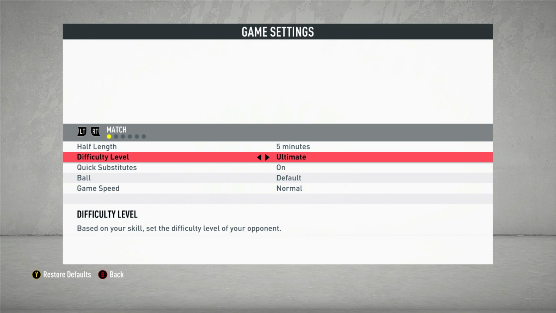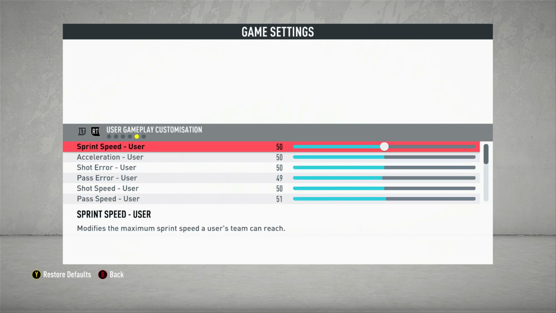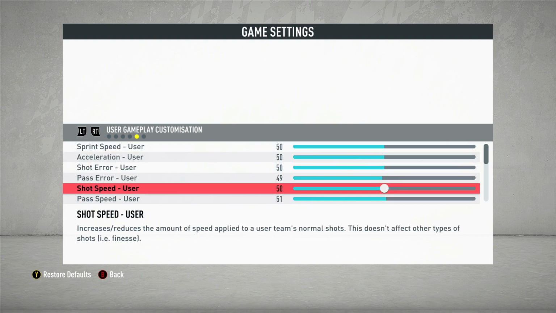And for this episode, we are going to be back on Ultimate because I think Legendary was just way too easy. If I could find Legendary sliders that make the game a lot harder than I was using, I would try them, but I don't want to finish the season on those sliders because it was just way too easy. So I'm on Ultimate, and then I'm using these sliders,